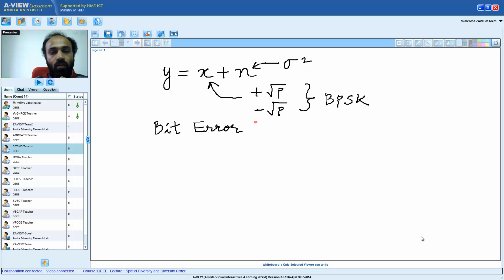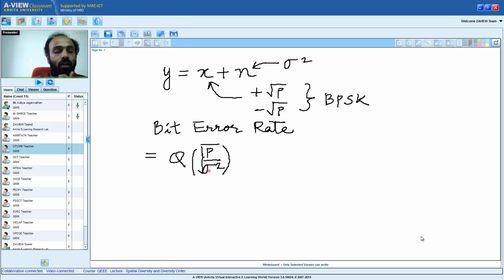And we said the probability of bit error, which is also denoted by bit error rate, the bit error rate of this system, is equal to Q of square root of p divided by sigma square, right? Which we also said can be approximated as approximately equal to a half e to the power of minus half